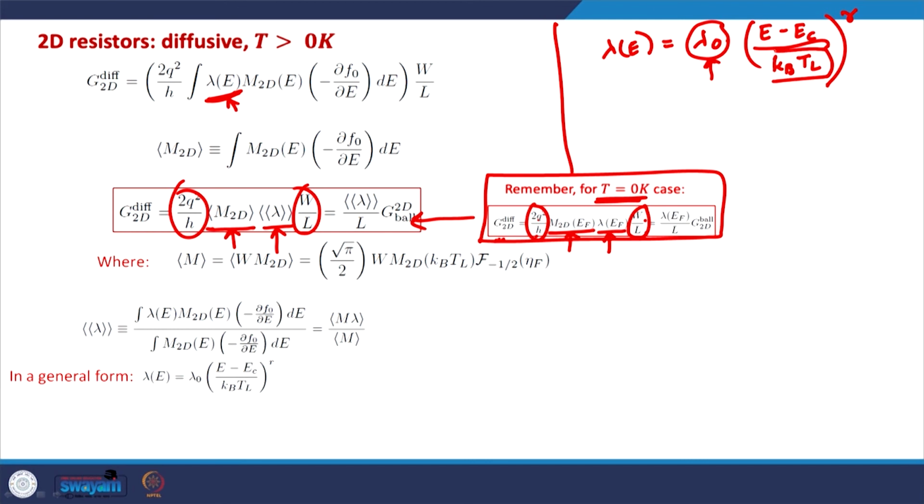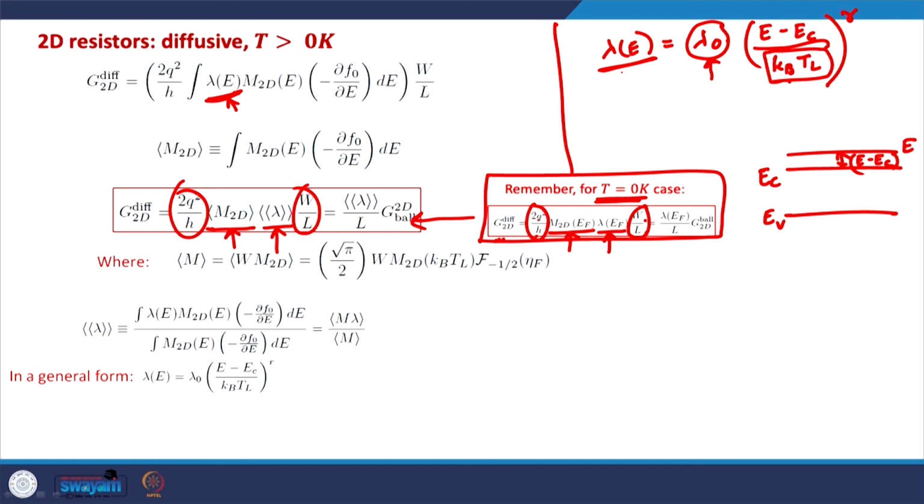Here kB is the Boltzmann constant and TL is the lattice temperature. So this scattering essentially depends on the difference between the electron energy and the bottom of the conduction band. If this is roughly the band structure, then this difference between the electron energy and the bottom of the conduction band